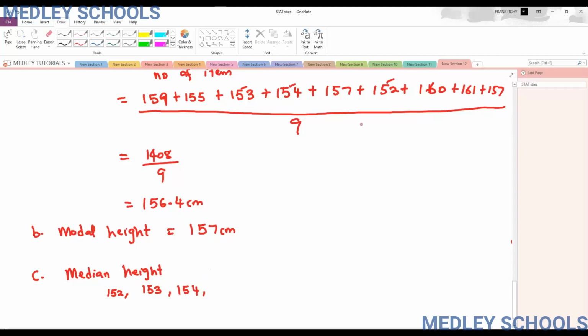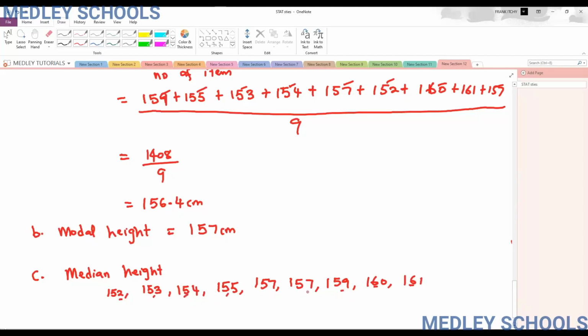the next number is 155, the next number is 156, but there is no 156 here, so we pick 157. We have 2 of 157, so we have 157, 157, then the next one 159, the next one 160, and the next one 161. So when we pick this row for this, yes,